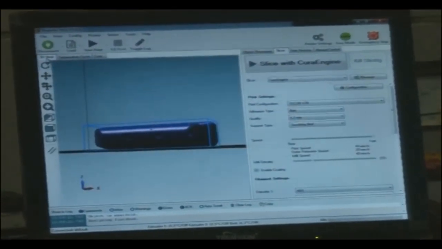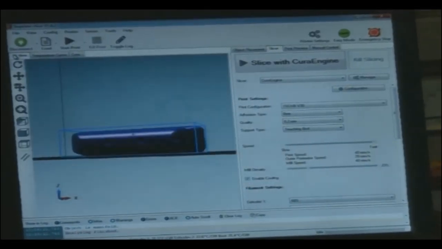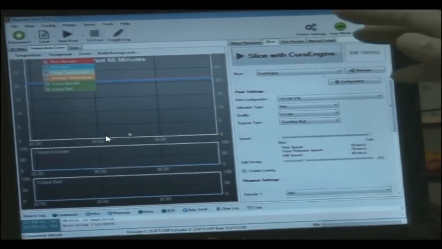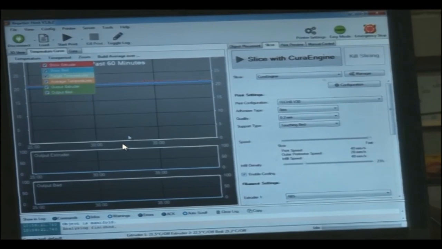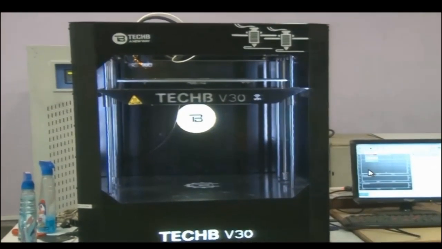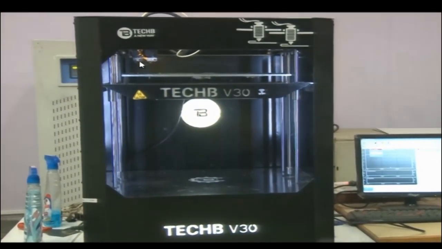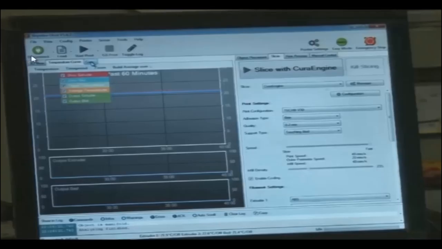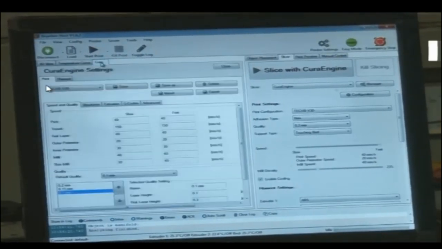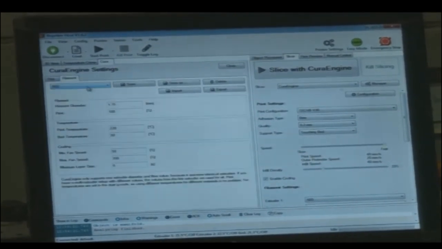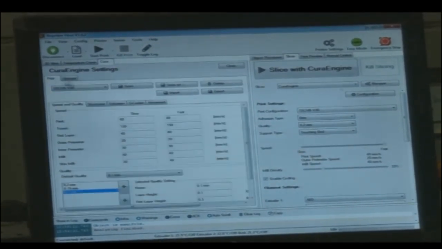So this is 3D Cura, the 3D view, and the temperature curve. The temperature curve we can see when we actually do machining. At the nozzle, heaters are there, and the heater is supposed to heat. To fuse the raw material, the heaters are heated. From the orifice the material would come, and this temperature would be shown in the window. So in Cura we have these settings. We can talk about print or filament here.